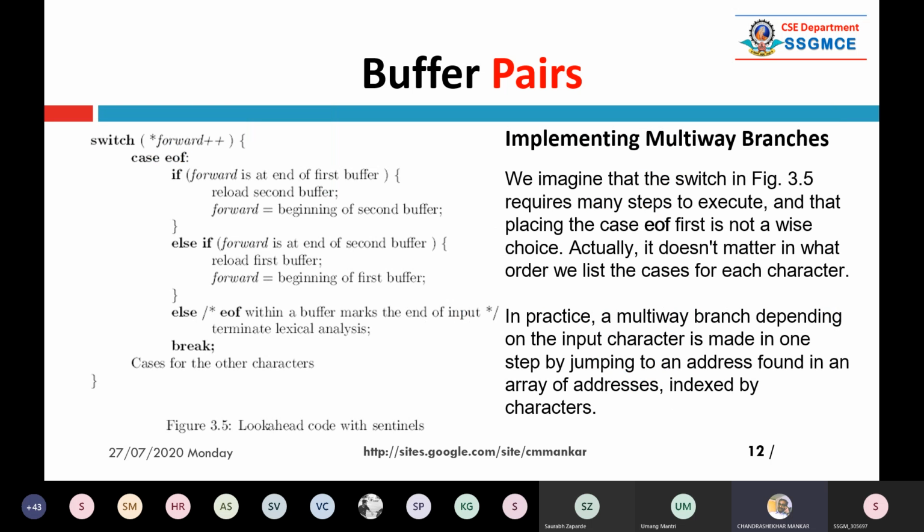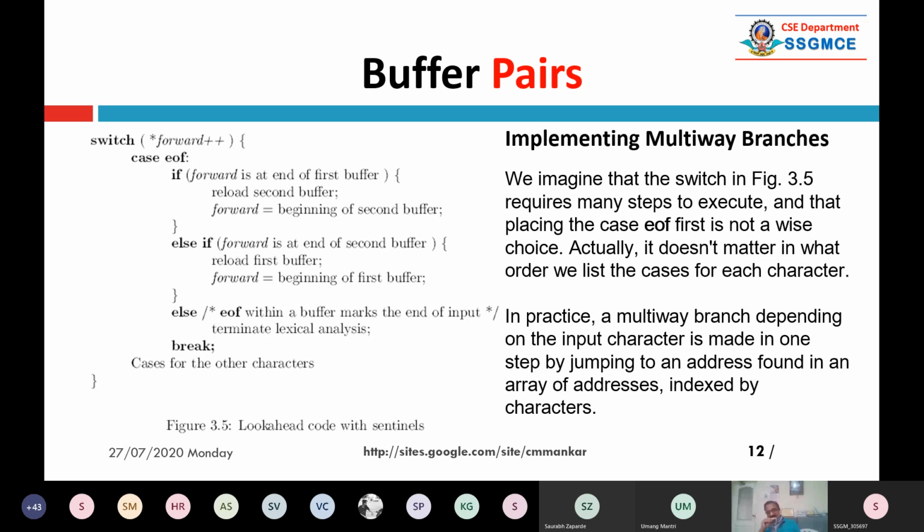So this is called multi-way branching. So actually this is the algorithm. In the beginning, you may find that this algorithm is not easy, but it is very simple. As I told you, the first buffer is there and the second buffer is there, which means you are reading the first buffer and during that you are loading the second buffer. Then LCP is there. You go through this code and then you will understand how this is happening.